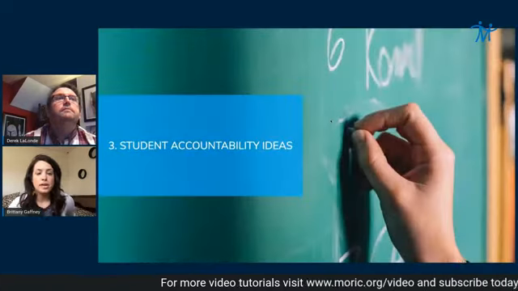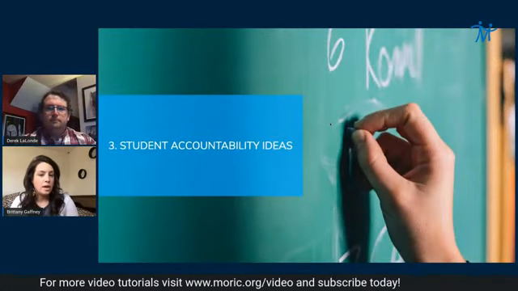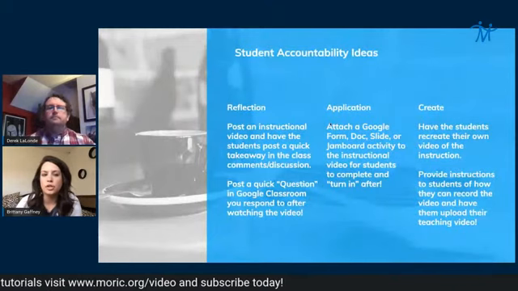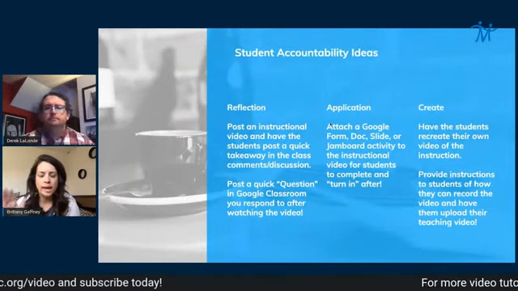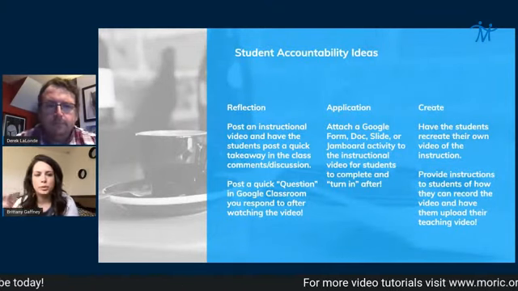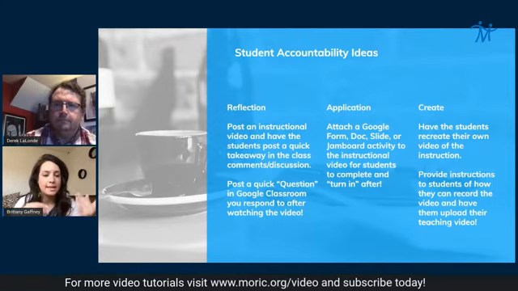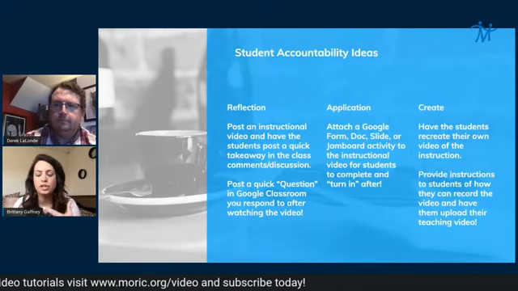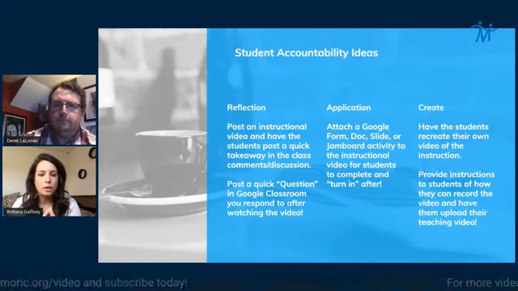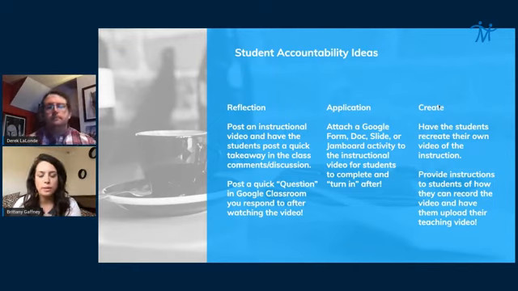So, some student accountability ideas that we have to keep your kids accountable as you're going through. I kind of separated them in a Bloom's-ish way, from simple to more difficult, for A, setting up, and B, the kids just completing. So, some ideas: you could post your instructional video that you made on Screencastify or Google Meet, and